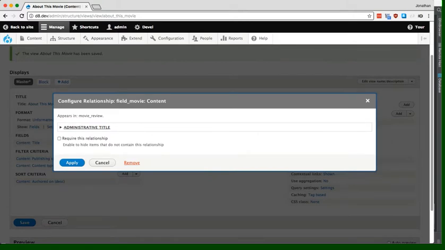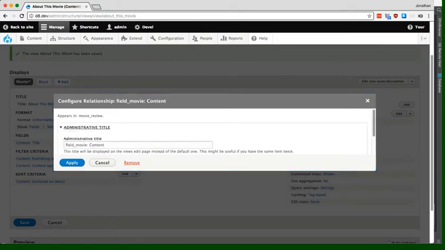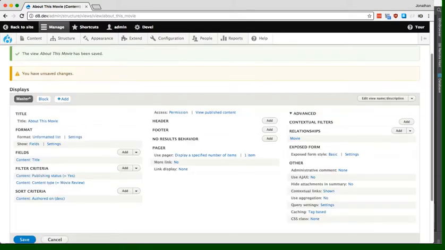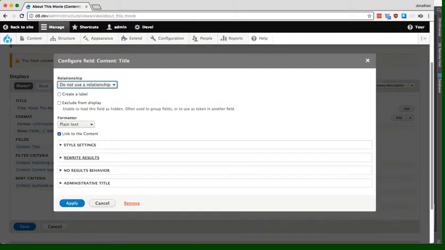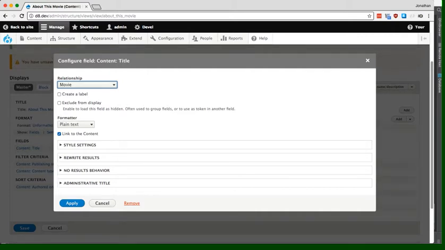And I'm just going to change the title of this relationship so that's easier to deal with. And then I'm just going to add some fields that we want about the movie. So we do want the movie title, and it will need to use our relationship of movie. I don't want it to be linked,